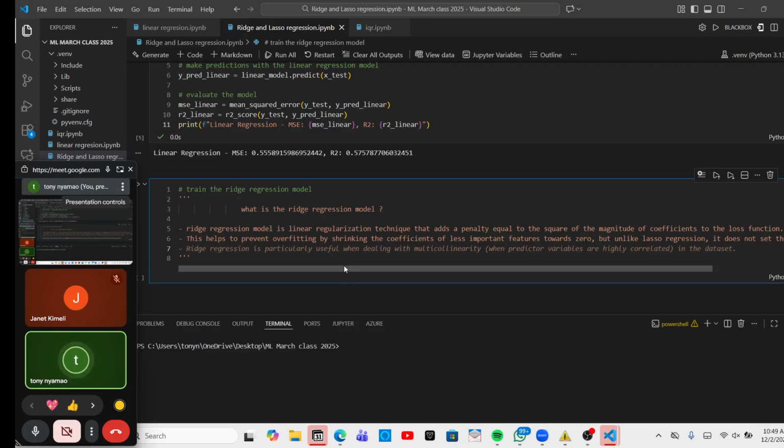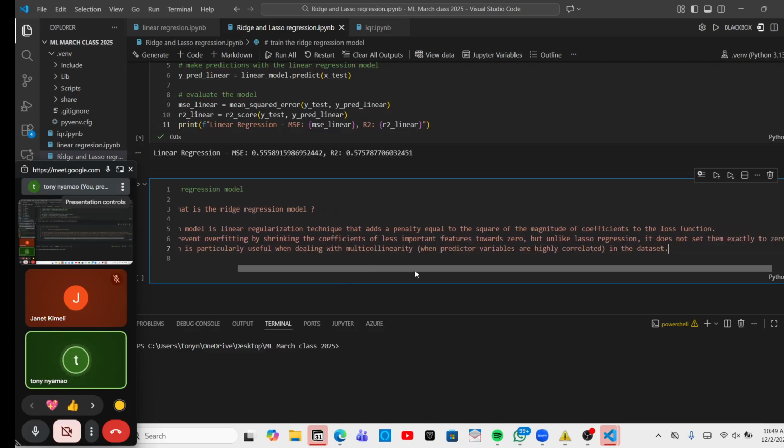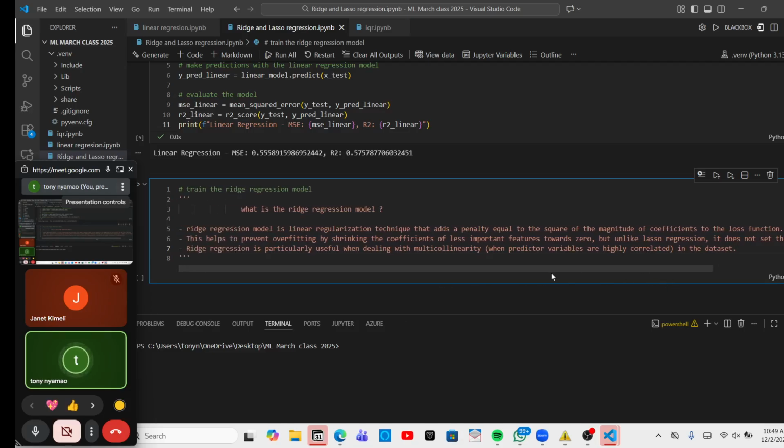Ridge regression is particularly useful when dealing with multicollinearity, when predictor variables are highly correlated in the dataset. So how will you know that they are highly correlated? You'll find out during your EDA. That's why I'm insisting on the EDA. Your EDA will show you, because you'll have the heat map, so you'll be able to see the correlation through the heat map, because you will have plotted and annotated